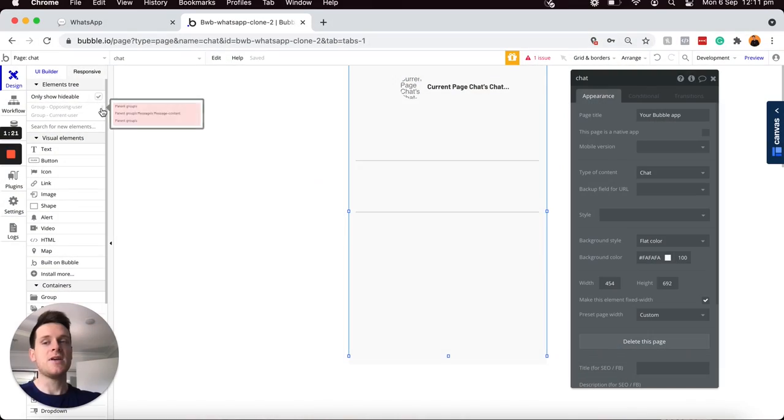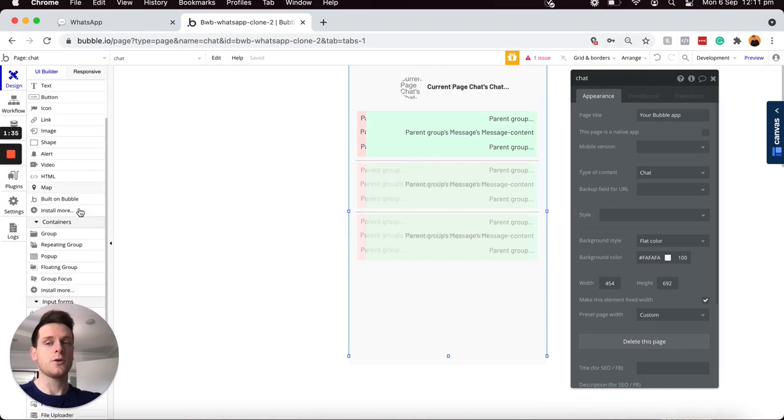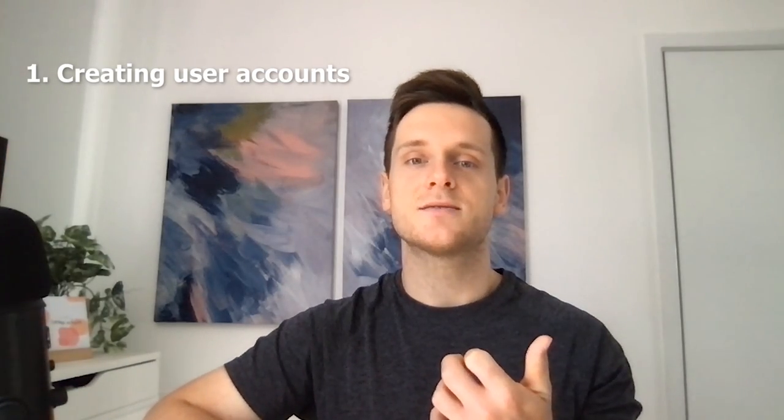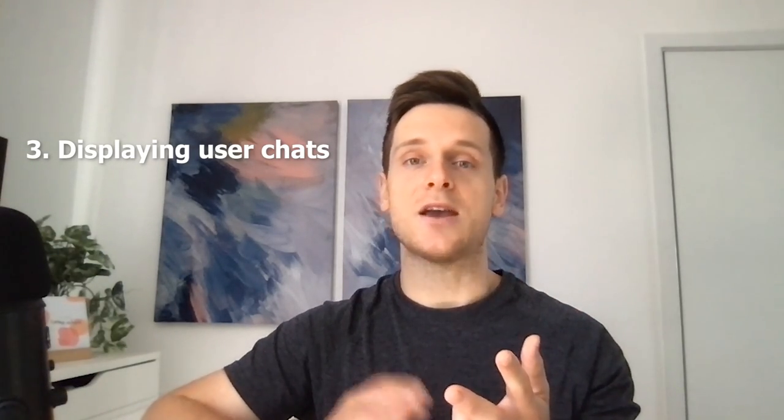Within today's tutorial though, I'm going to be walking you through the process of creating a WhatsApp clone. This will include features like registering user accounts, creating new contacts and chats within our application, displaying a list of user chats on a homepage screen, allowing users to send and receive messages within our application,